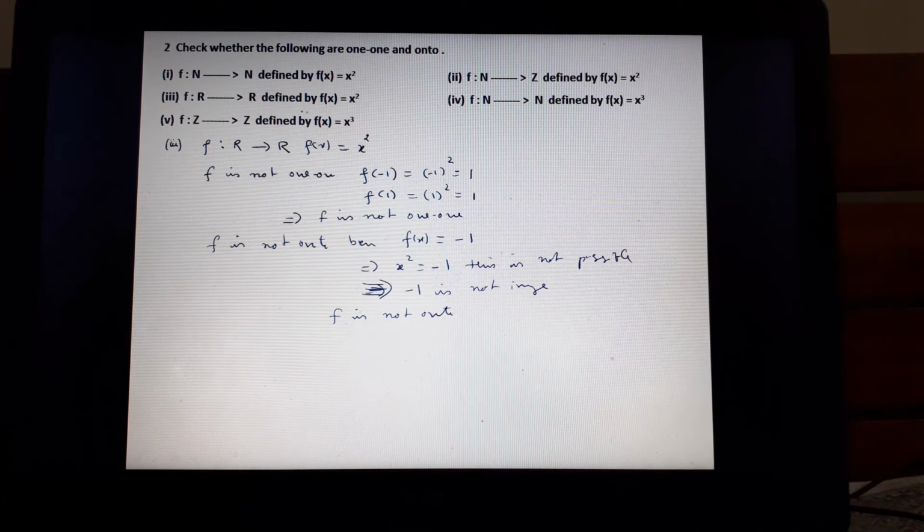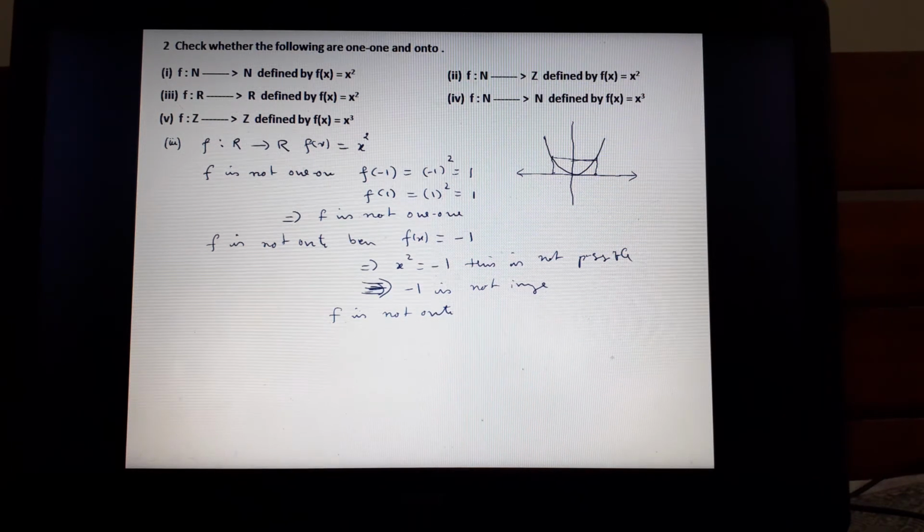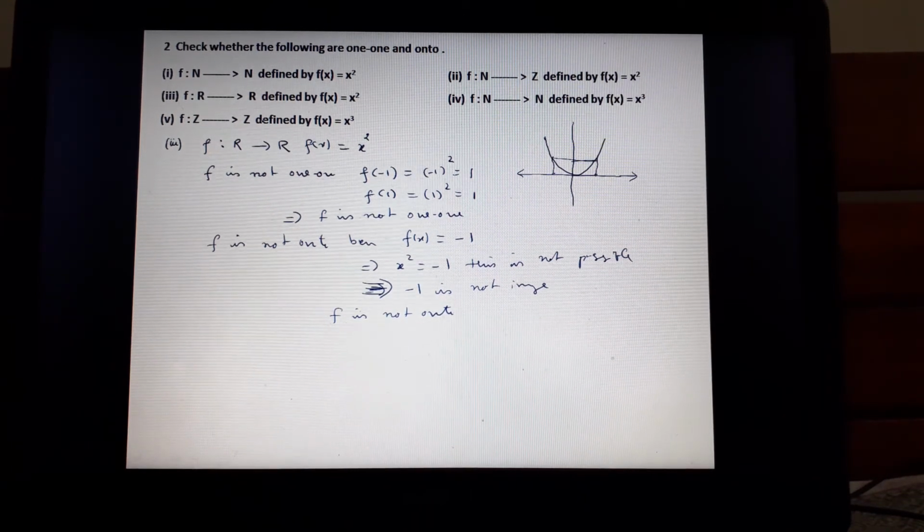There is another method of understanding this one. You can draw the graph. See, in most of the cases, whenever determine or decide, etc., you can also use a graph. When you draw this graph, this is a parabola. It will be like this. So it takes only the positive y, and this side it is left out. Similarly, if you take this value here and here, these two are the same. So therefore it is neither 1-1 nor onto.